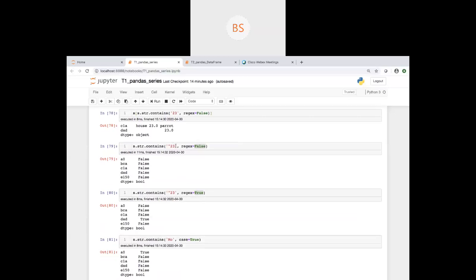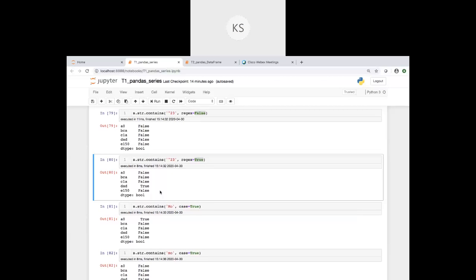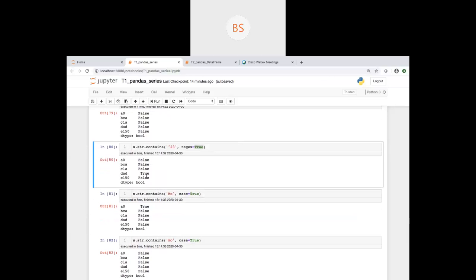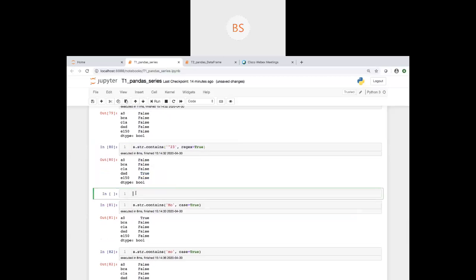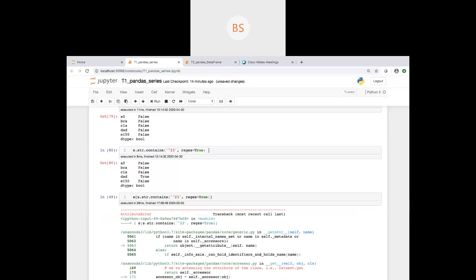Otherwise, this regular expression will not be executed. And it is matching here, and it will display here. So if you do this same thing inside the series, it will display as in square bracket and, sorry, I have to run it.